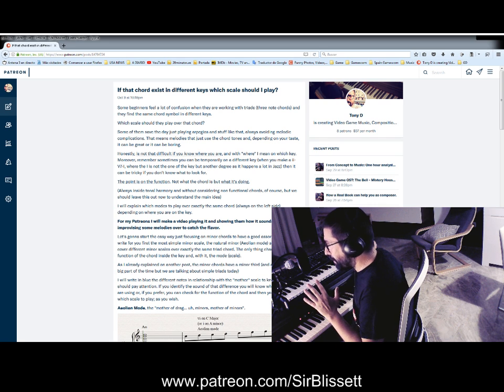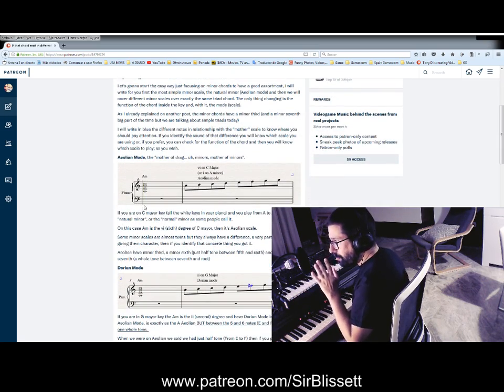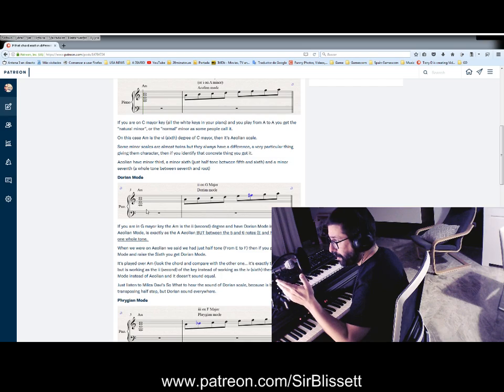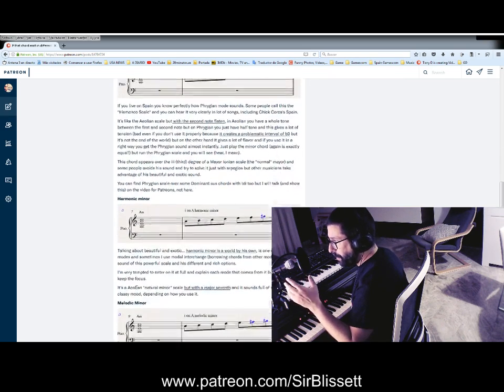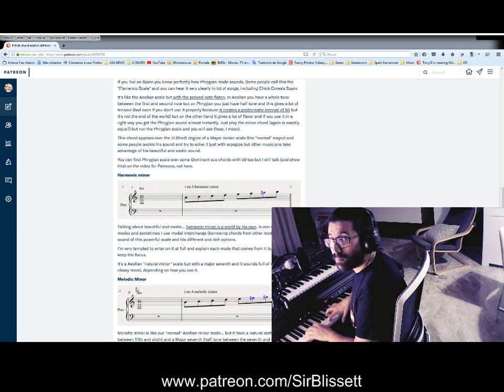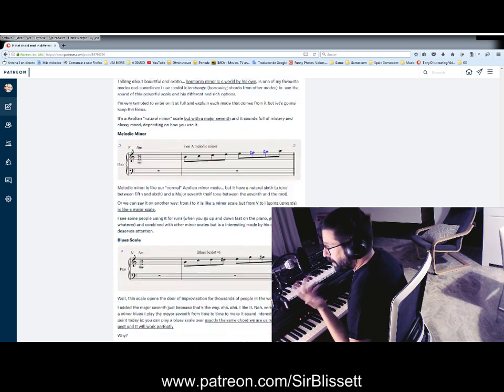The main idea, and this is something I want to explain, I explain here, but listen. If you look at this, no matter if you don't know how to read music, you will see that everything is the same. I mean, I'm always playing the same chord, always the same chord, okay? But over it, I'm playing different scales.